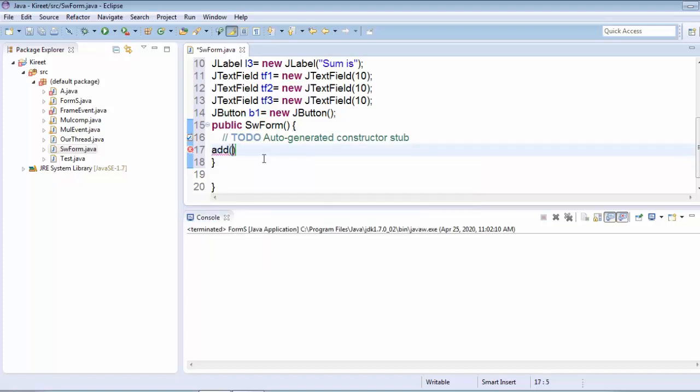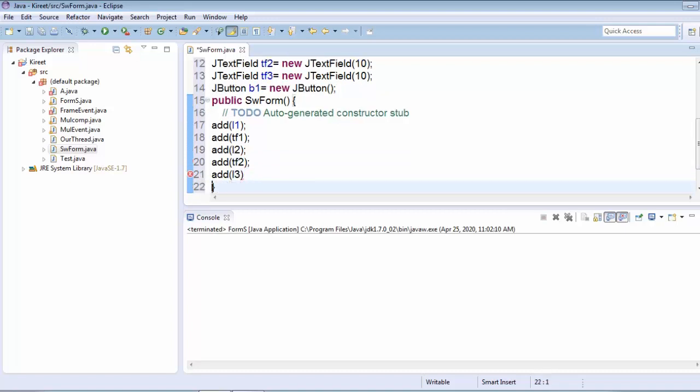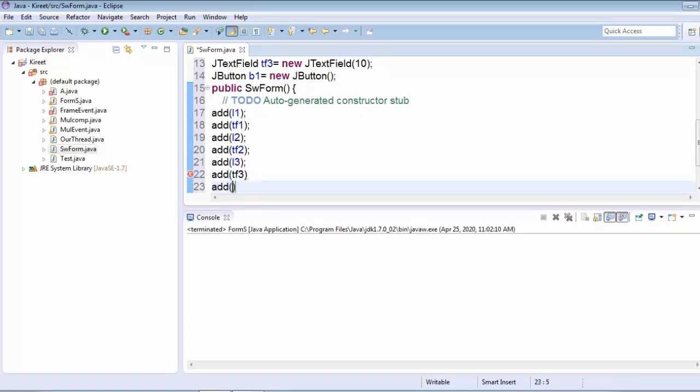So add L1, add tf1, add L2, add tf2, add L3, and add tf3, and finally we have to add b1. So these have been added.